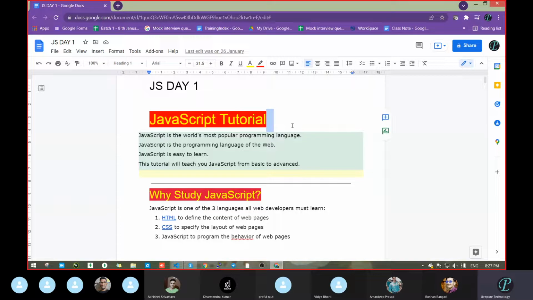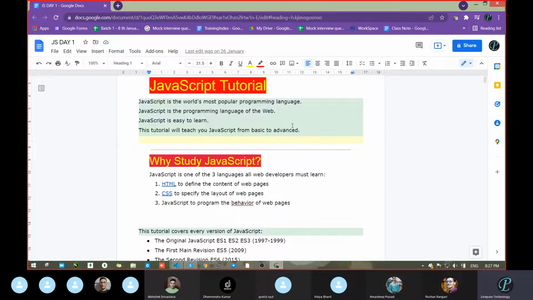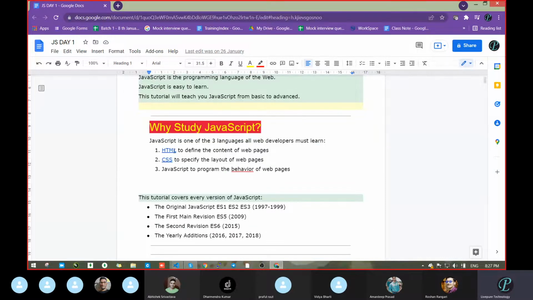Okay, so where can we use JavaScript? With HTML we can write just the content which is available on the web page, but we can't do any more operations over that. With the help of CSS we can design it, make the proper style, layout, structure. With the help of CSS we can create layouts and pass different styles.